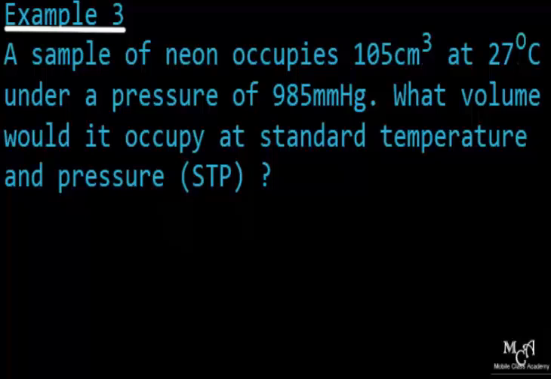I remember when we were looking at these laws, I told you that sometimes the gas will be given at standard temperature and pressure. And at standard temperature and pressure, there are two parameters you should know. That the pressure at that condition is 760 millimeter mercury and the temperature is 273 Kelvin or 0 degree Celsius, as the case may be. So we bring out our parameters quickly.